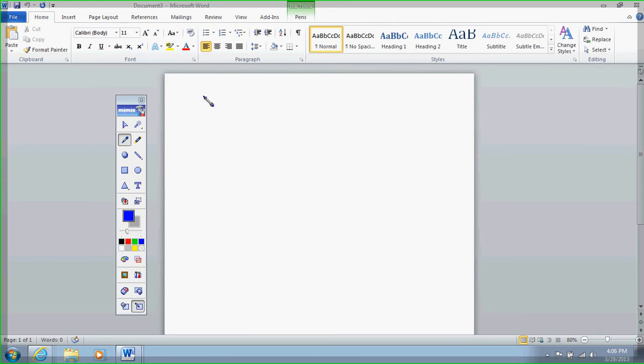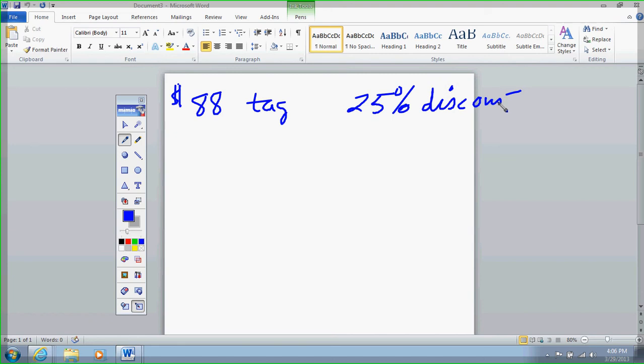Somebody bought a pair of jeans and they cost $88. This was the tag, that was what the price was on the tag. But the store is having a 25% discount. Okay, 25% discount. How much was marked off the original price? So we have to find this discount. So it says how much was marked off. What we have to do is find what is